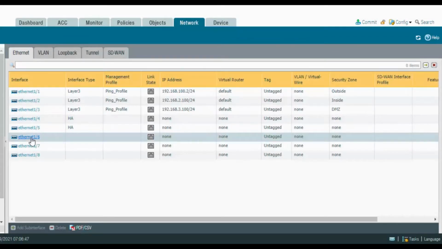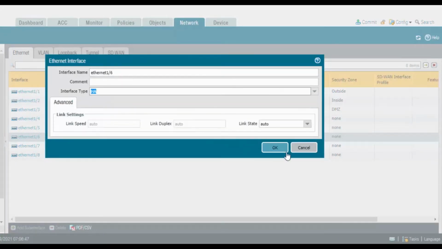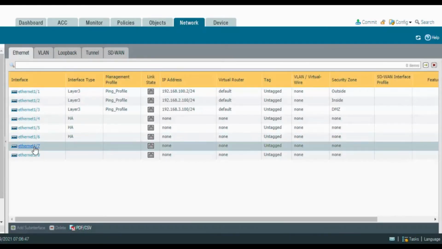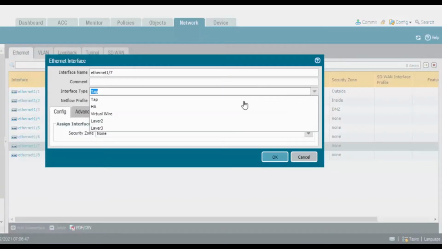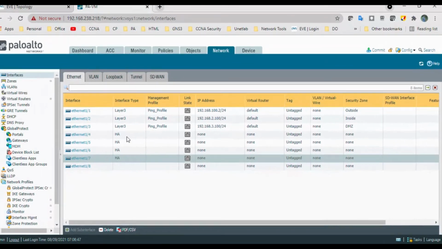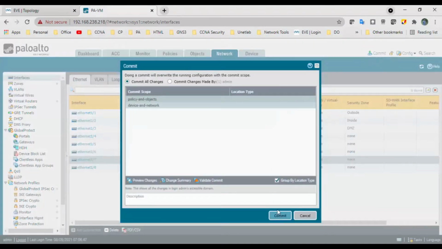Ethernet 1/6 interface type as HA, click on OK. Ethernet 1/7 type is HA, click on OK. So we have configured 1/4 till 1/7 as HA, and now we will commit the changes in firewall 1.